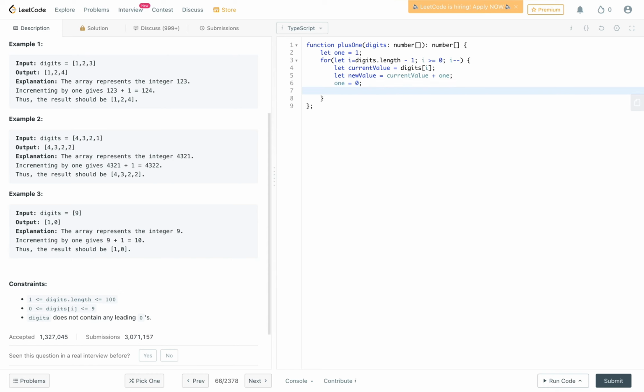And then we also need to check the conditions that will happen, like the case of example number 3. So if the new value is larger than or equal to 10, we need to handle this, and we need to update